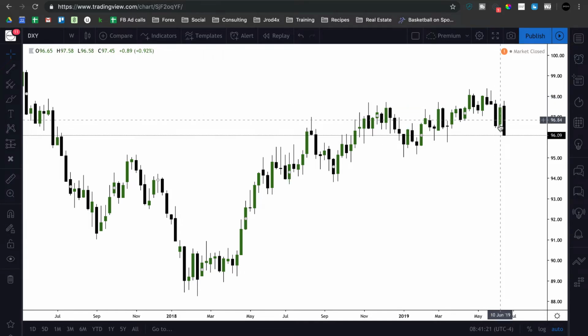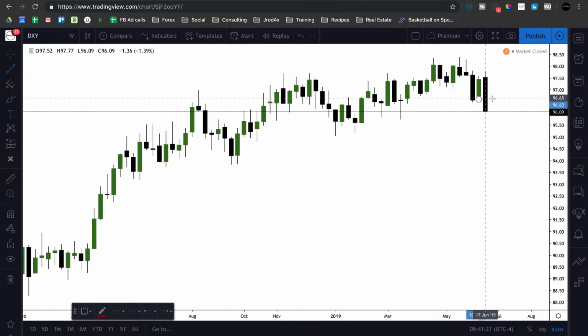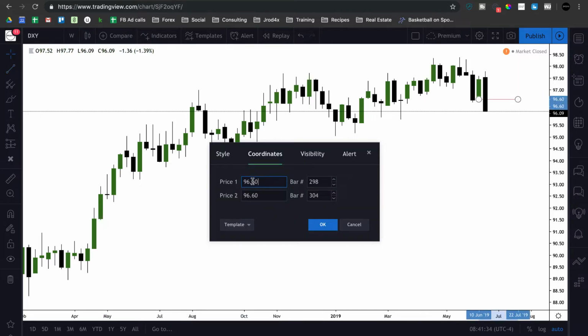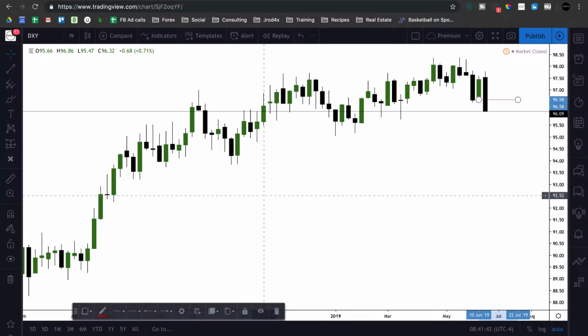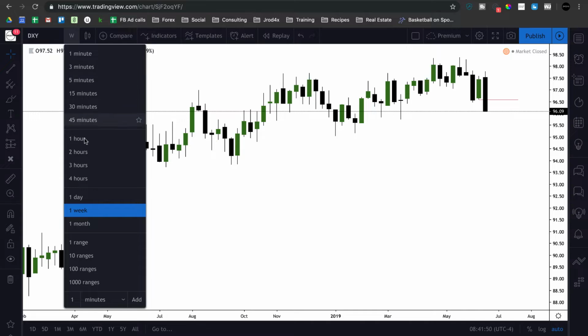Also, we've got a new ICT weekly bearish order block here. So we can actually mark this out. And that low comes in at 96.58. So you guys want to have this on your charts, because if the market trades up to this level, we could easily see the market find resistance and sell off. So we could trade up into 96.58, maybe even 97 big figure, and then sell off down into the 95s. So if we drop down to a daily,